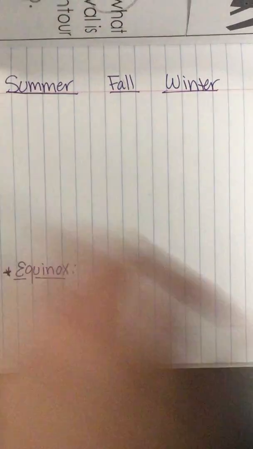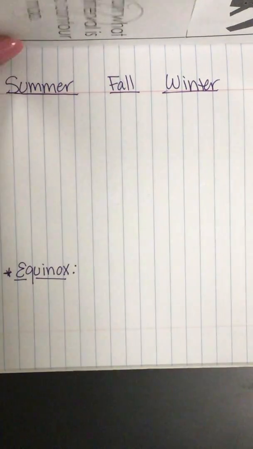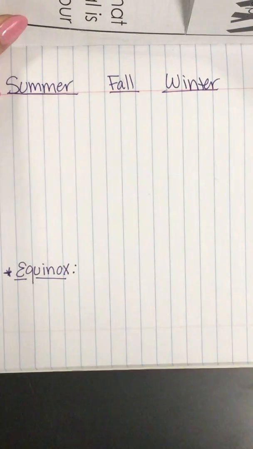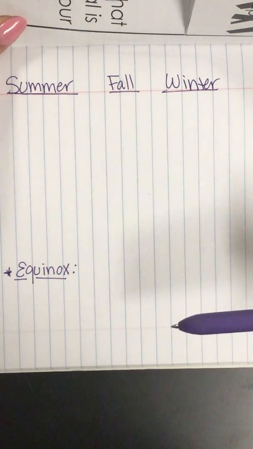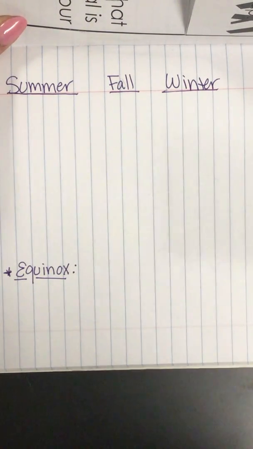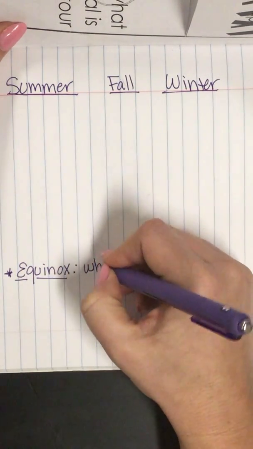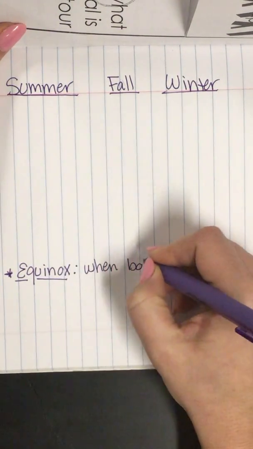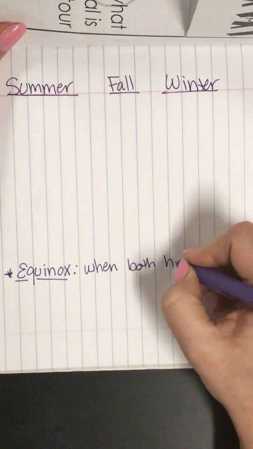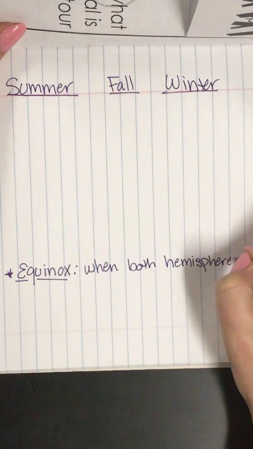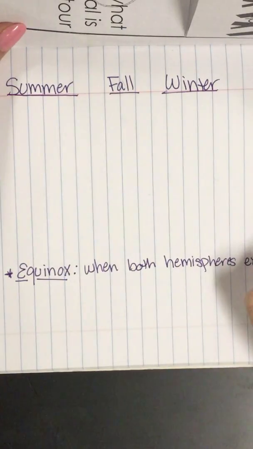And I hope that it makes you think of equal also, because that will help you remember what the equinox is. The equinox happens twice a year, and it's when both hemispheres, so your northern and your southern hemisphere, experience equal amounts of day and night. So we're going to write that down. When both hemispheres experience,